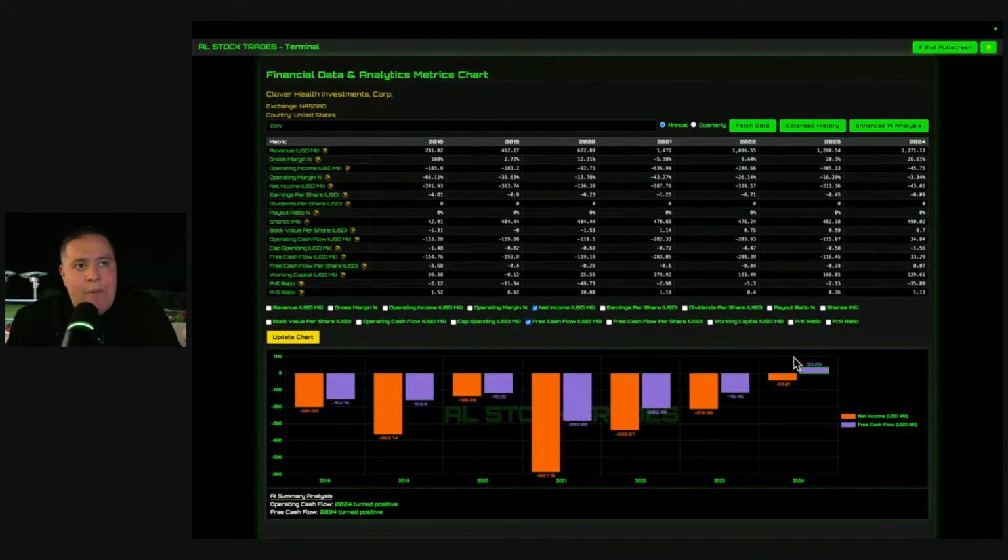Look at SoFi when it was unprofitable. It was like $4. Look at Palantir when it was unprofitable. It was $6. Look at AMD when it was unprofitable. It was $1.70. Look at Carvana when it was unprofitable. It was $4.60, right? So, $4.83, right? And the list goes on. Look at Tesla when it was unprofitable. It was $18, right?